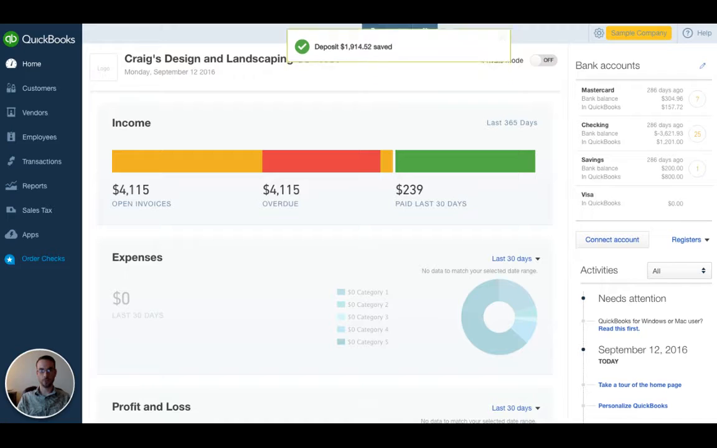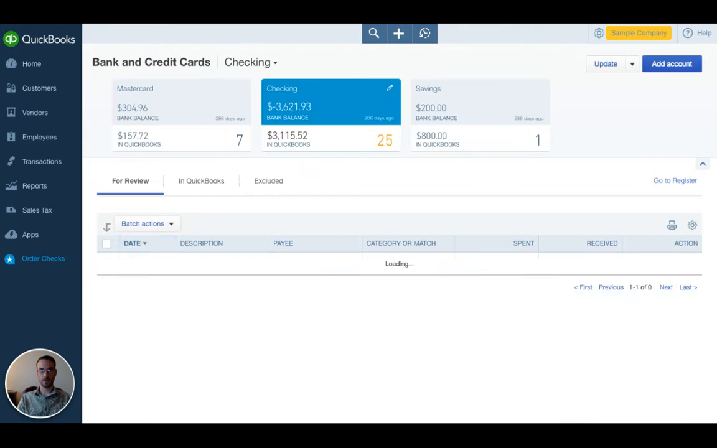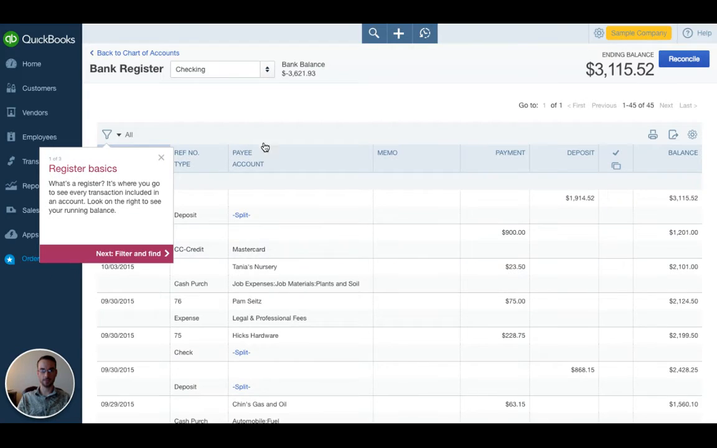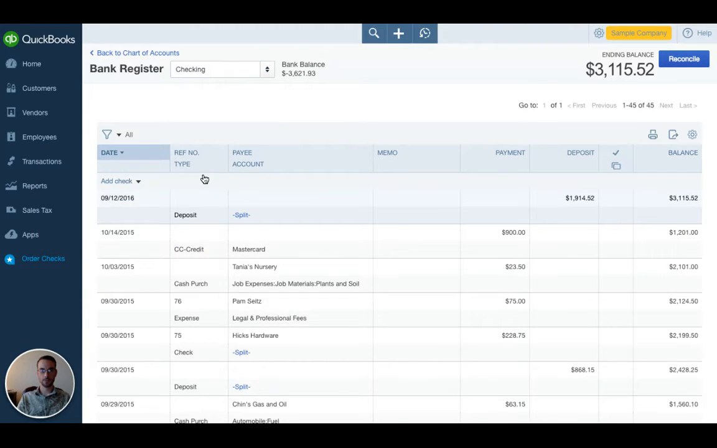And to show you that, let me go to the checking account. In the right-hand portion of your screen, you just click that. And here we have the checking account highlighted. Now let me click the Register so we can look at the deposit. Here's the deposit. September 12th, the deposit was for